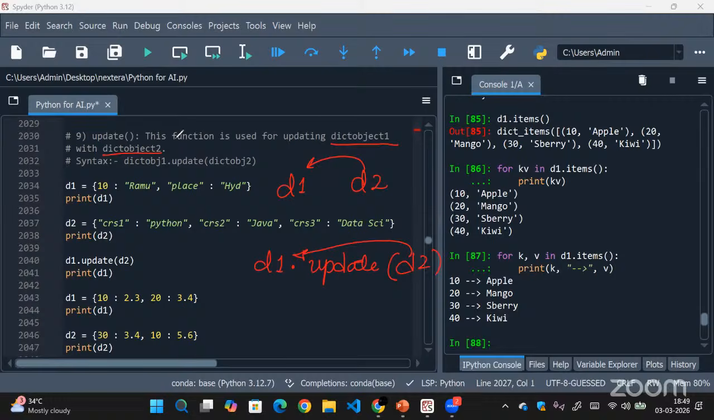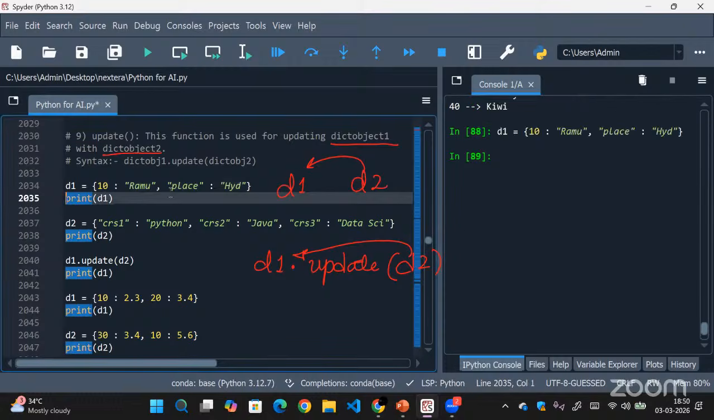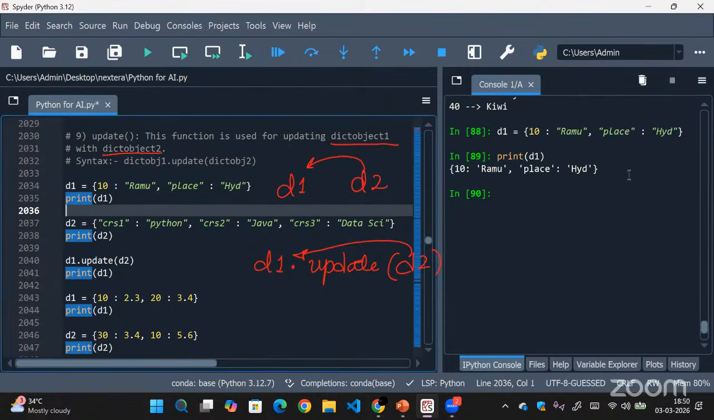So here we have a dictionary D1. 10 is to Ramu, comma, place. Place is the key here, the string, and Hyderabad is the value. So this is my dictionary D1. Okay, so now I'm printing D1. If you see here, the 10 and place string are the keys, and Ramu and Hyderabad are the